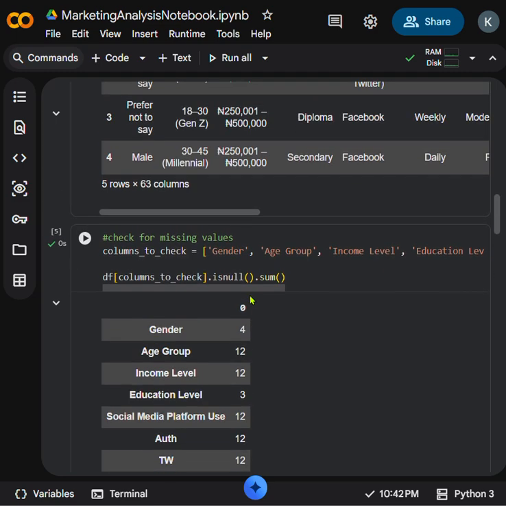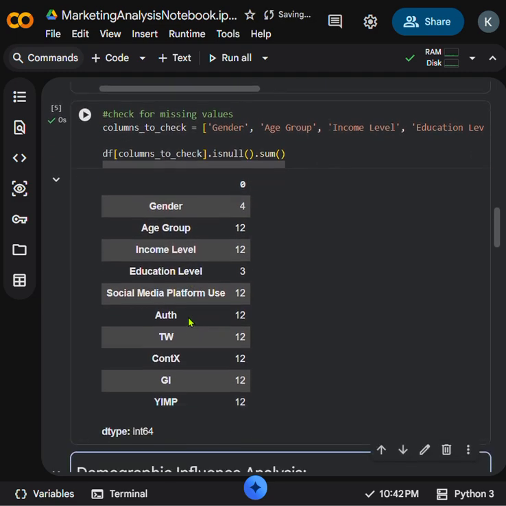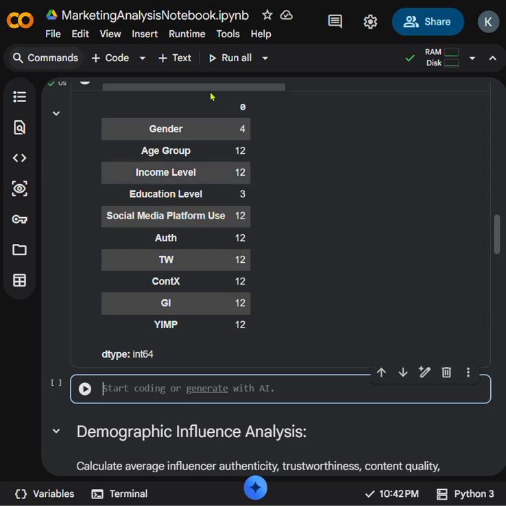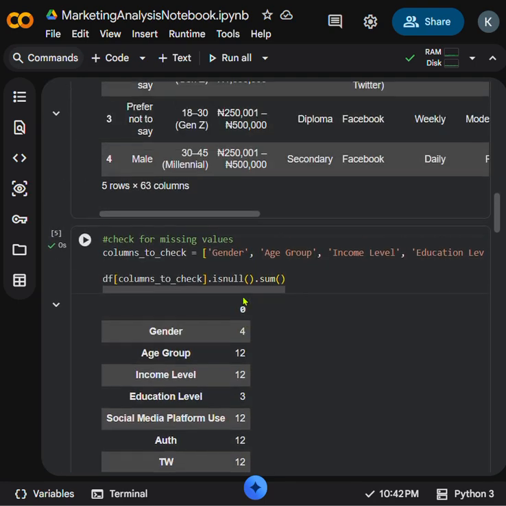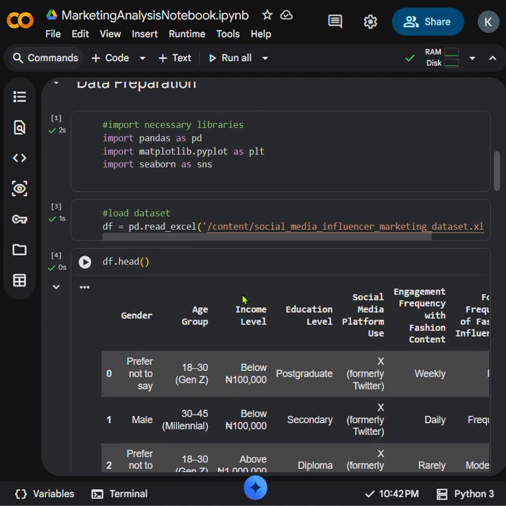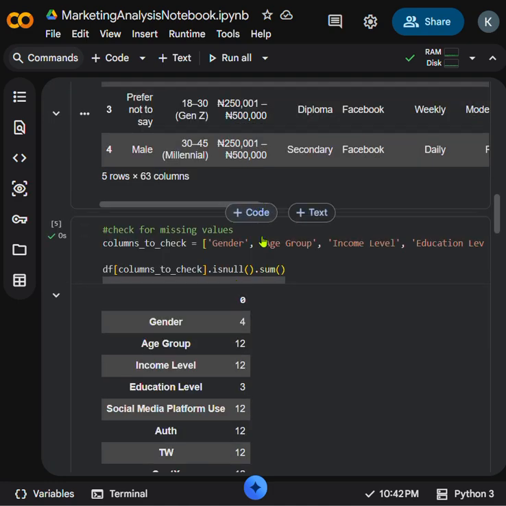So you can see that some of them have missing values: gender has 4 missing values, age group 12, and we discovered that the highest number of missing values we have is 12. It's not up to 20, it's not up to 10% of the total data set. How do I know? I just do this here,